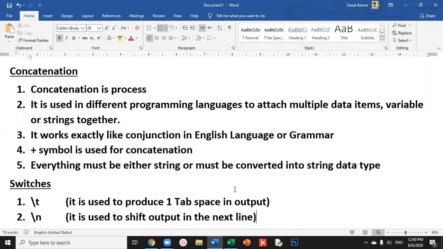The basic role of concatenation in programming is the same as the function of conjunction in English language or English grammar. You people might have studied conjunction in English grammar. The same philosophy is followed by concatenation in programming languages. All programming languages support concatenation, and for this purpose, most languages follow the symbol of addition, or the plus sign. You can see on your screen that the plus symbol is used for